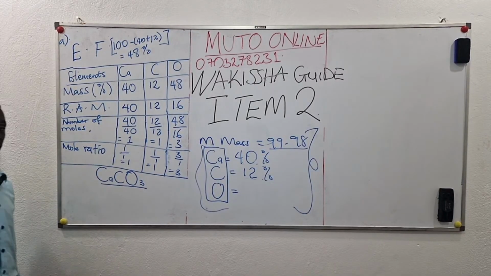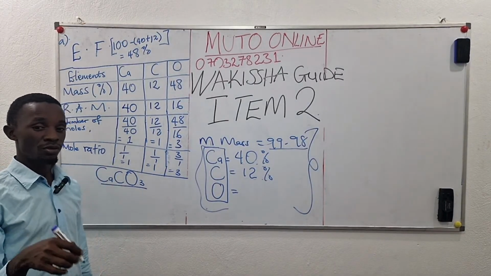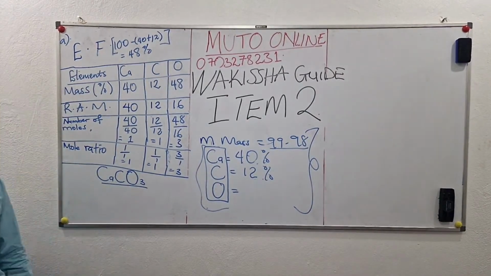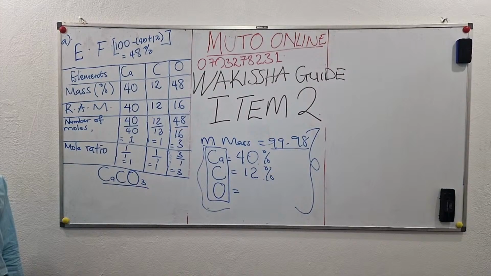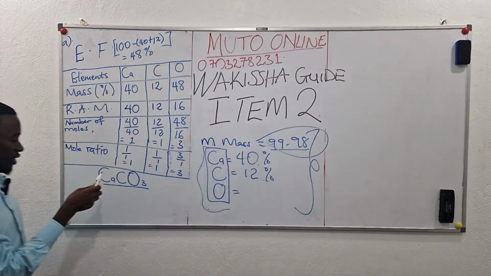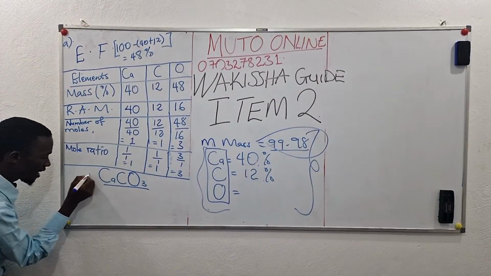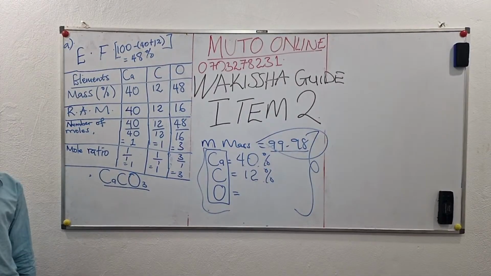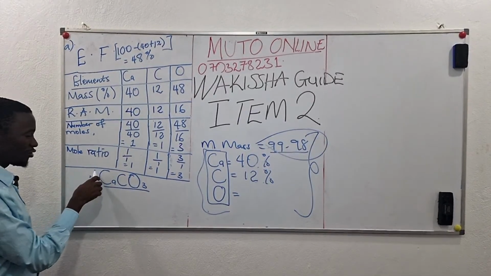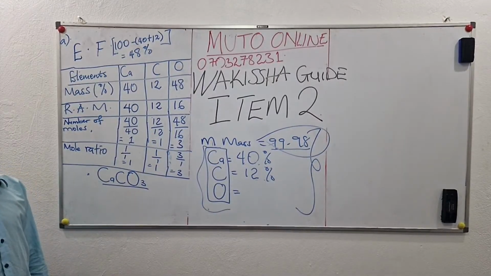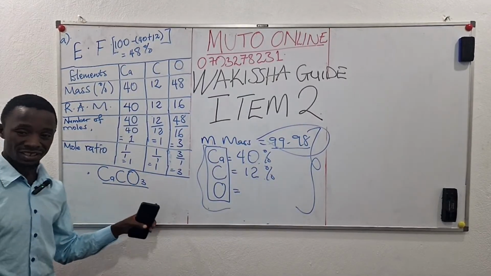If you can rewind the video, they told us to deduce the formula of the compound and state the category of the compound it is. But we have to make use of this molecular mass. This means this is the simplest formula. Then what is the actual formula of the compound? So this formula is representing the simplest ratios of each of these elements in the compound.